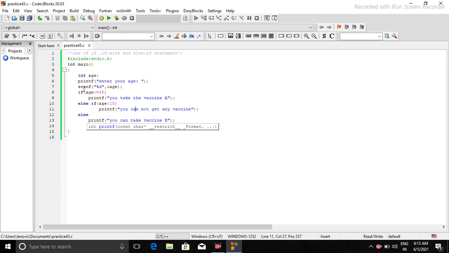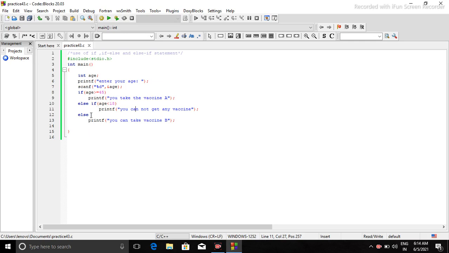When we have multiple options, we can use else if, even when we have four conditions. In this case we only have three conditions: vaccine A, not getting any vaccine, and vaccine B. But if we have four, we can still use else if. One important thing to note is that in if and else if we write the conditions.